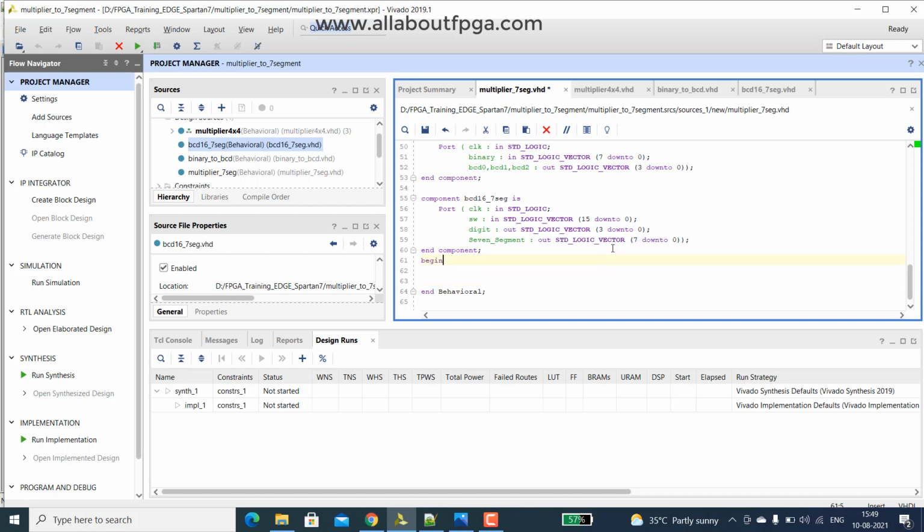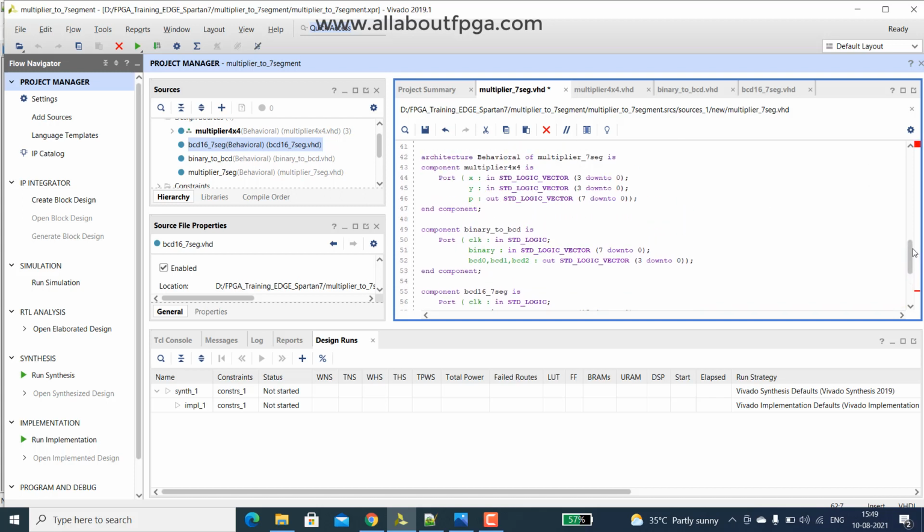Next we have to declare some signals. The first thing that is coming out of the multiplier is the product. So P is the binary output of this multiplier that is going as an input to the binary input of binary to BCD.